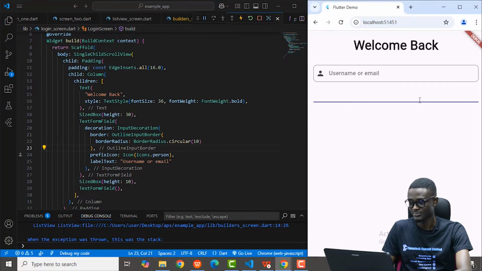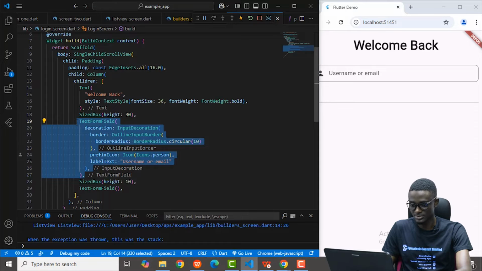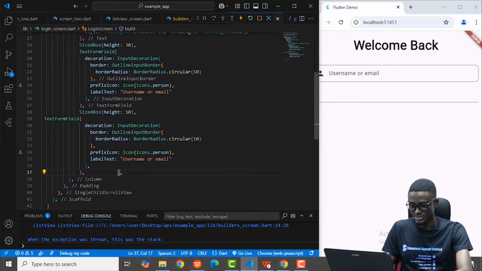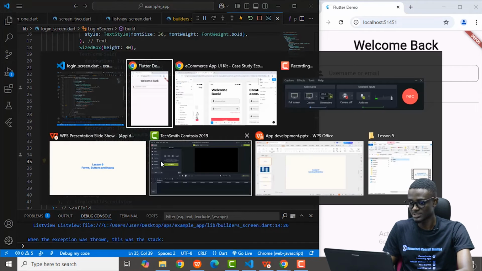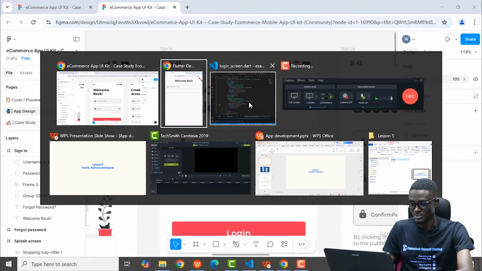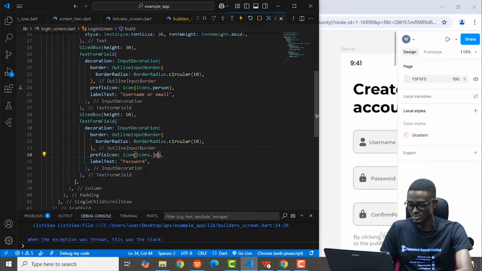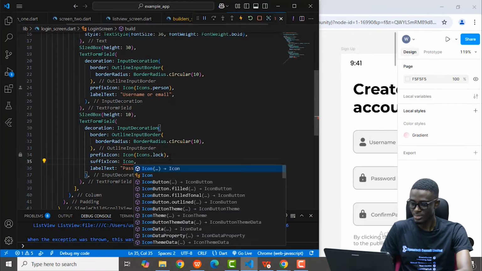Right, so that settles it. So I can do the same thing for the next input. That's for the password. So I'll just copy this and replace him here. So basically, this one I'm going to call the password. Now aside from the label text that it has, it also has the prefix and suffix icon. So the prefix icon, I'll change it to icons.lock. And the suffix icon, remember these properties can be anywhere as long as it exists. So it's